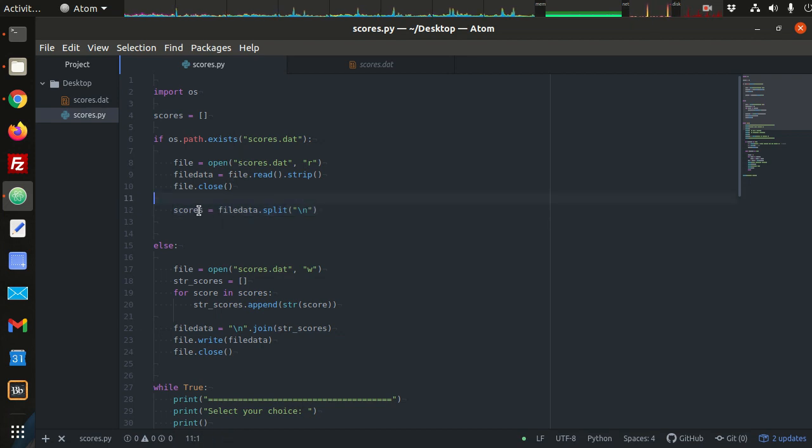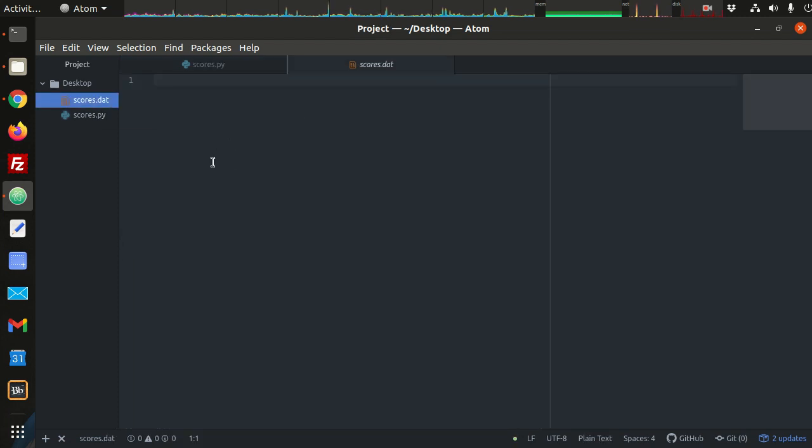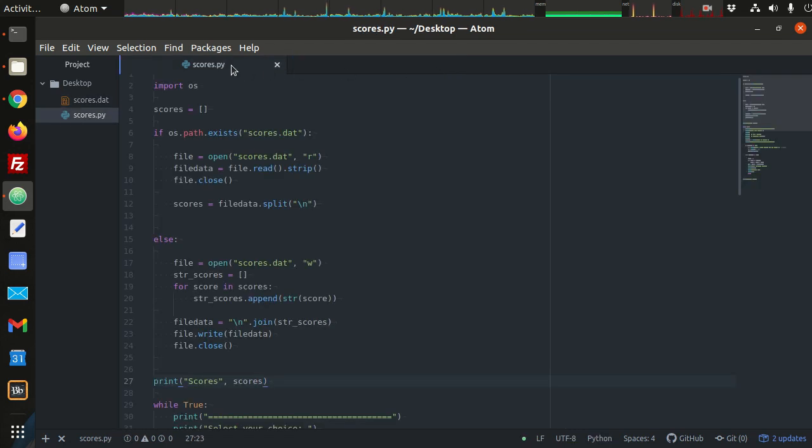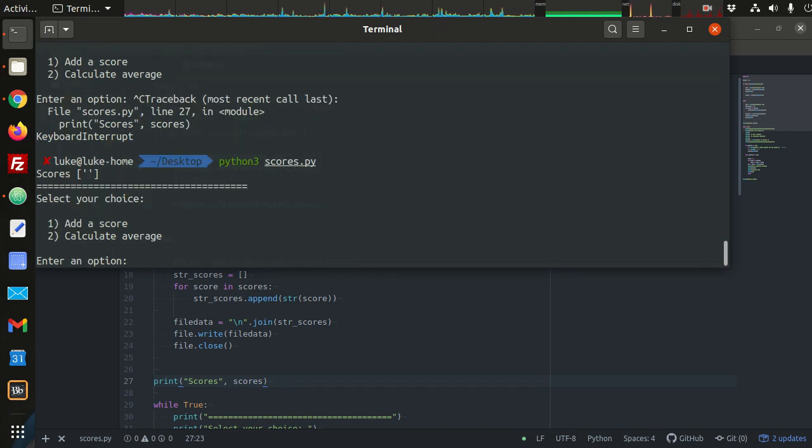All right, so this creates our list scores. And then down here, just to verify everything's working, we will print out our scores. This is temporary. We'll see if this file loads up appropriately with no data in our scores.dat file. Okay, so exit out of that with Control C, and we see that sure enough we have scores, but one